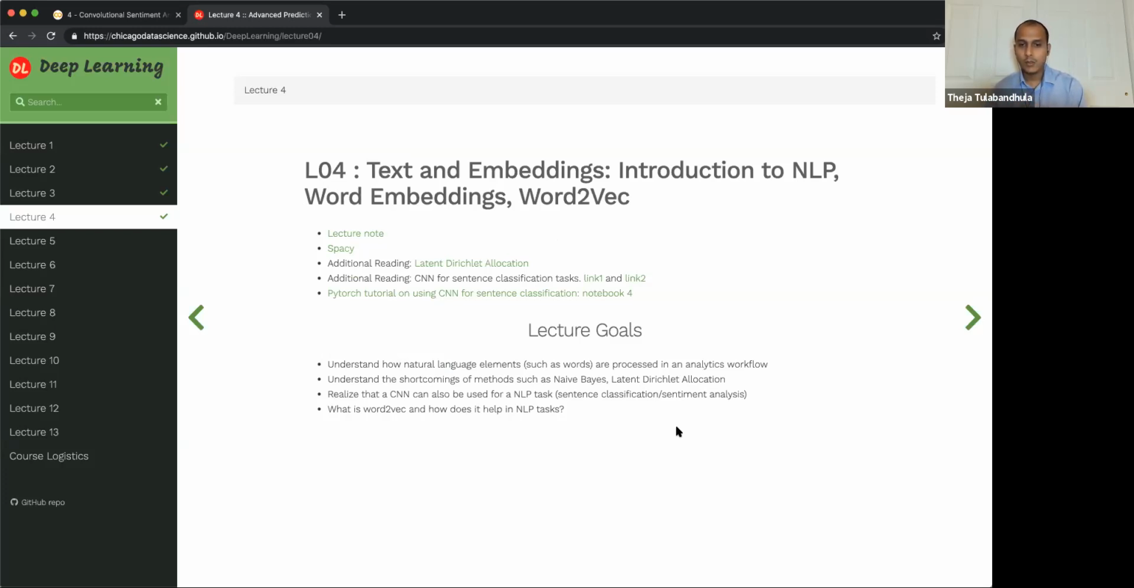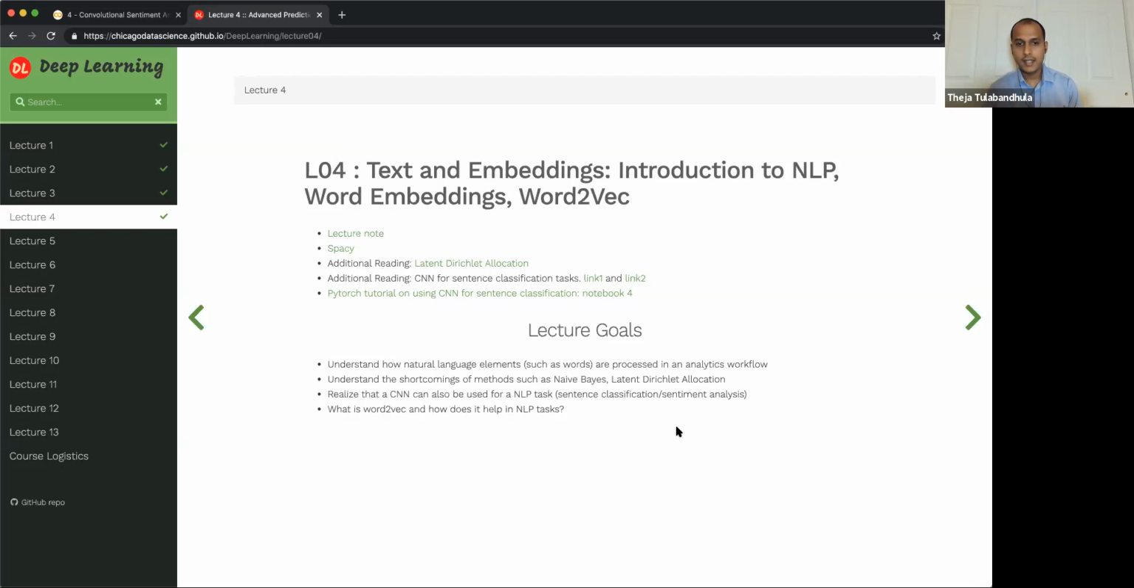So what are the goals? First goal is to understand how natural language elements are processed in an analytics workflow. You don't have to use deep learning techniques here. There are some previously established methods to work with textual data. So we'll try to look at that, and then we'll look at some of the shortcomings in these methods. In particular, we're going to look at a couple of methods, including naive-Bayes and what is called latent Dirichlet allocation. I'll tell you what the objective is, what the method or the model assumes, and how do you